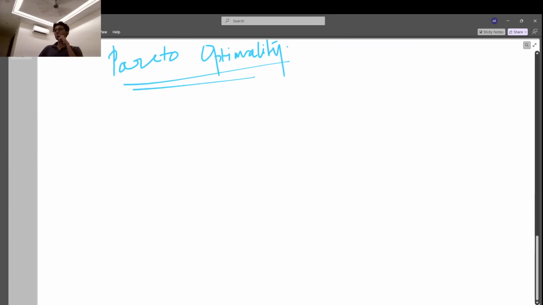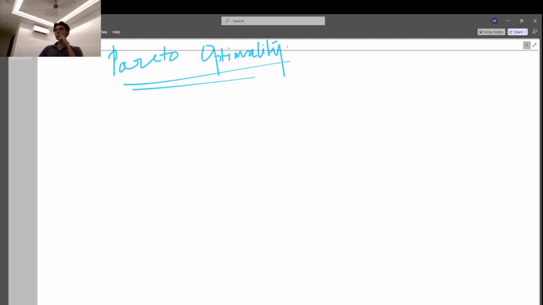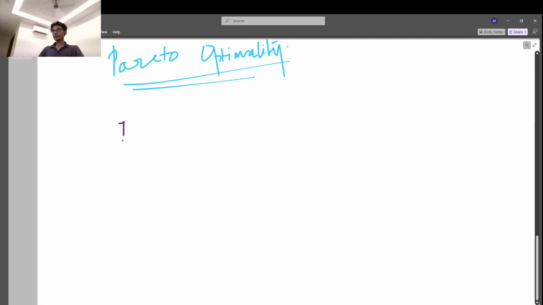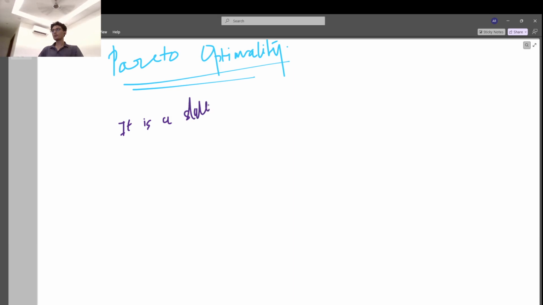Pareto optimality is a state in an economy